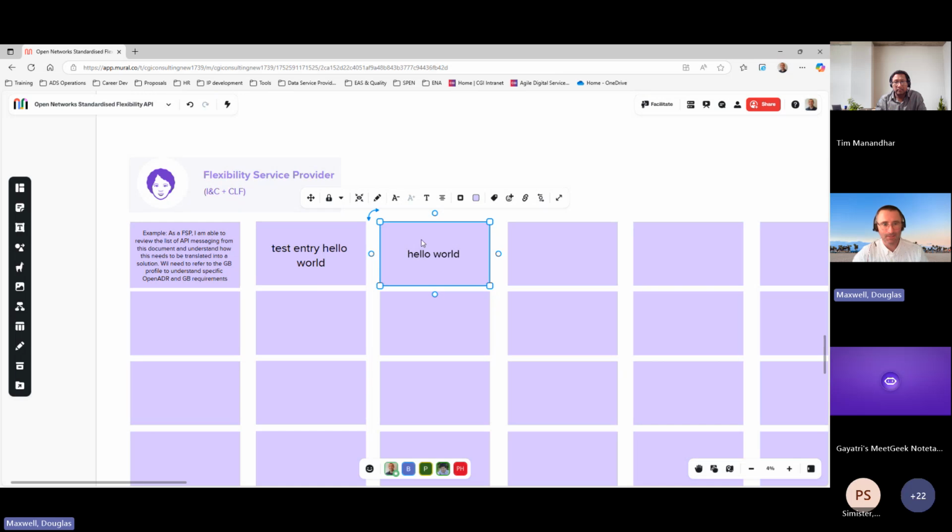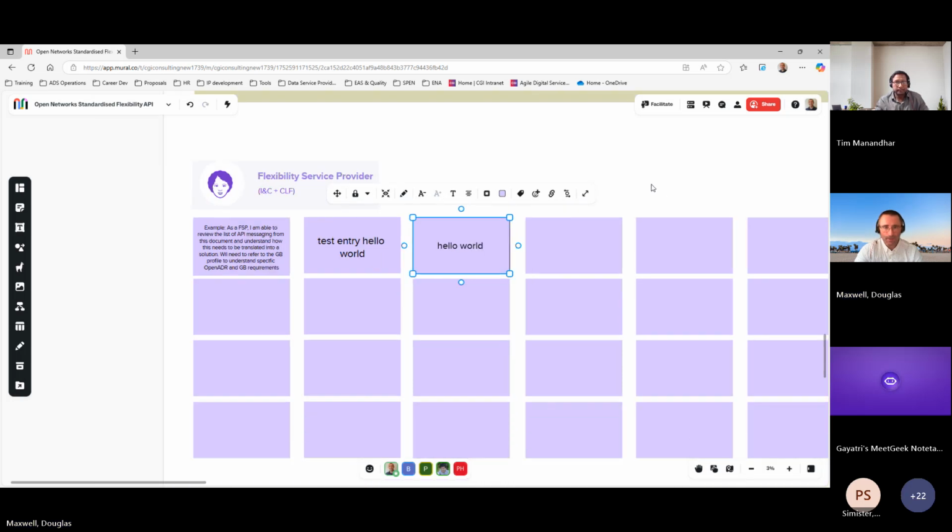The idea being that as you go through the documentation, you get those ideas of what about this, etc. You put those comments in here under the persona, and that means that we, as a project team, can get your stakeholder feedback that's as relevant as possible and fits in with your organizational background as well.